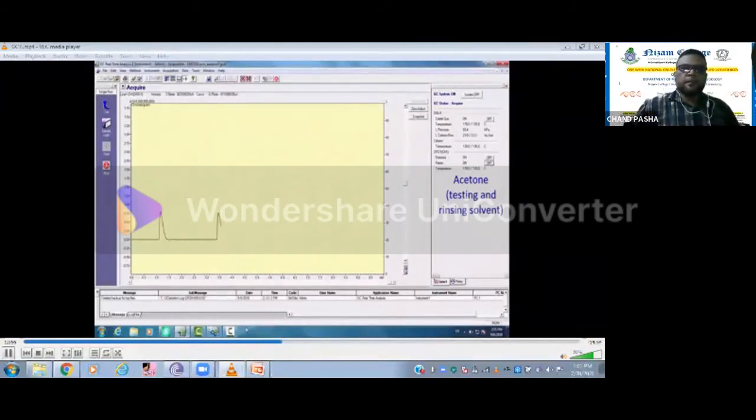See now, because the same quantity of acetone has been injected in both the cases, you got the same areas. In fact, if you analyze these two peaks, you'll get the same areas. Even to your visible eye, you can see both the peaks are the same. This you should establish.